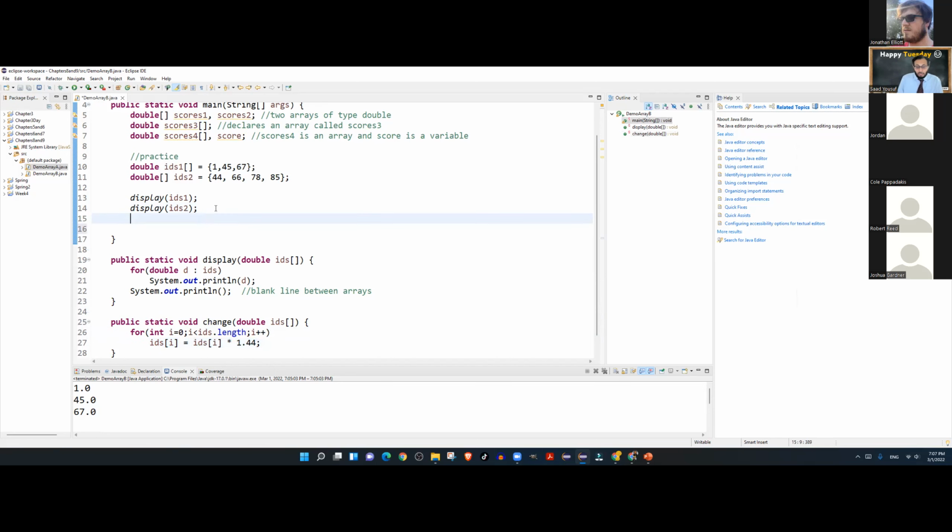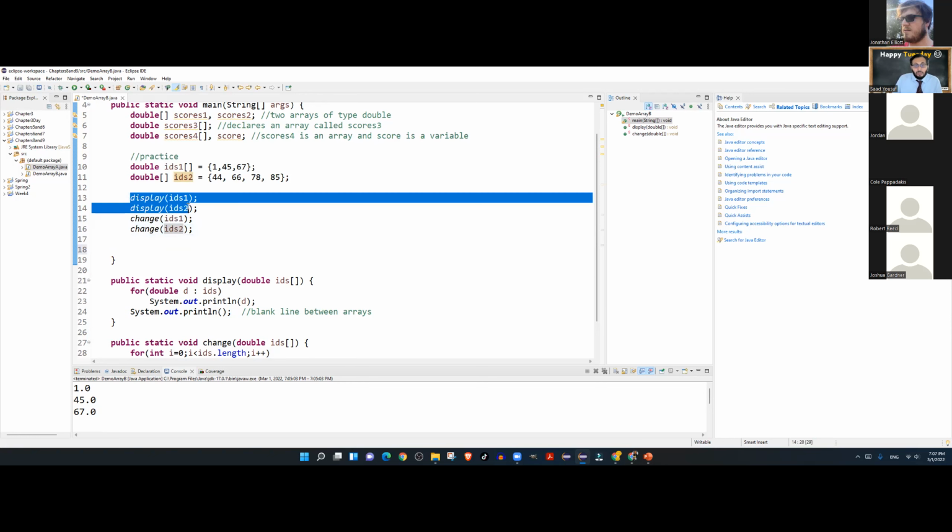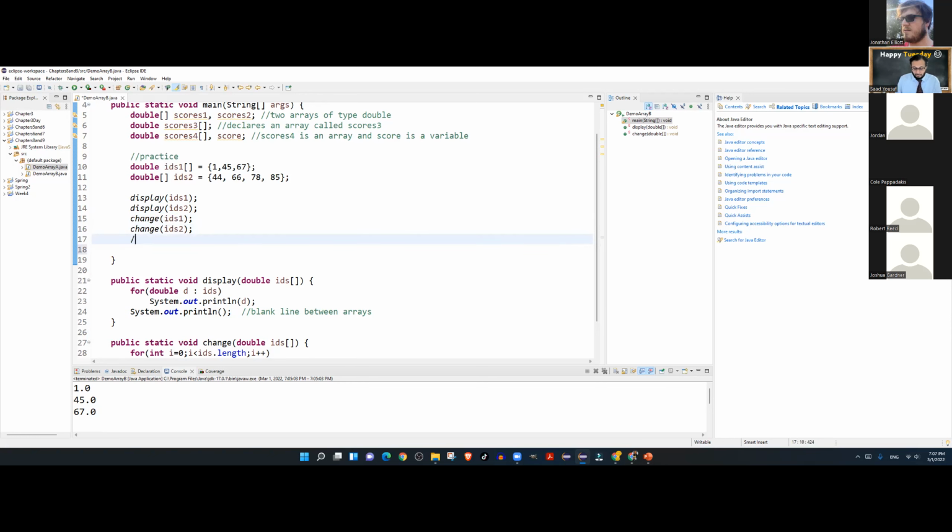So let's make a call to the change method. We'll pass IDS 1, then we'll pass IDS 2. And then we'll call the display method again.